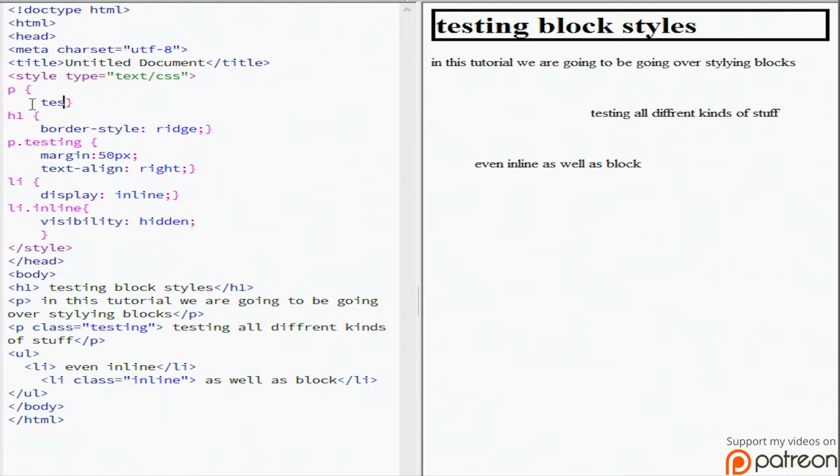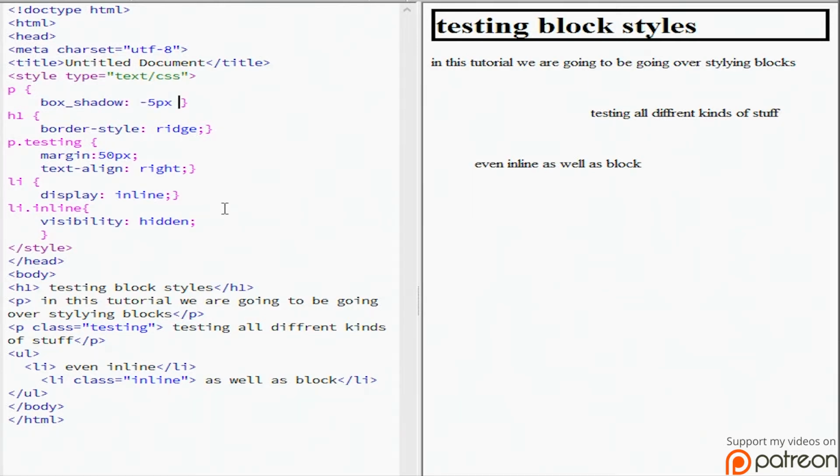And so you can mess around with that, find an image and mess around with those types of things. Okay, so now we're going to go over drop shadows of the box. So let's do a box shadow. So let's go P, and then we're just going to say box shadow